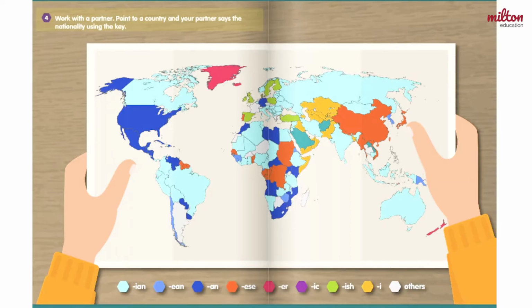in China. You also learned about nationalities, which are words that we use to describe where people come from. You learned how to say that your friend from Spain is Spanish, or that your friend from Canada is Canadian, or that your friend from South Korea is South Korean.